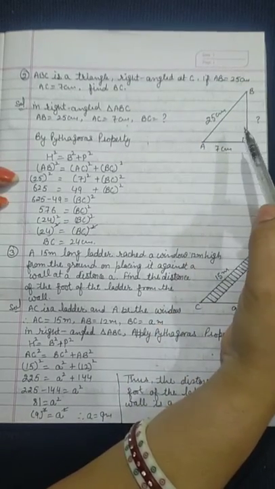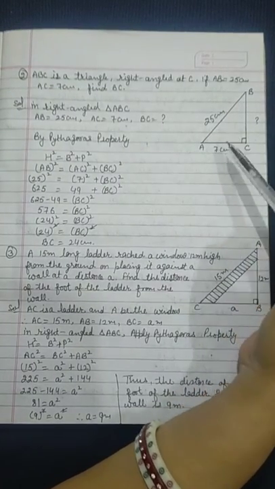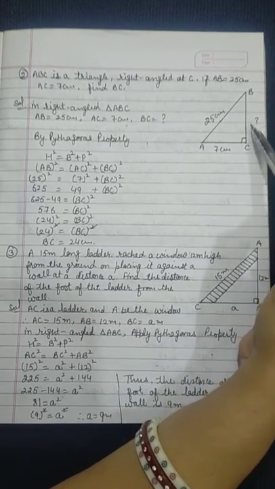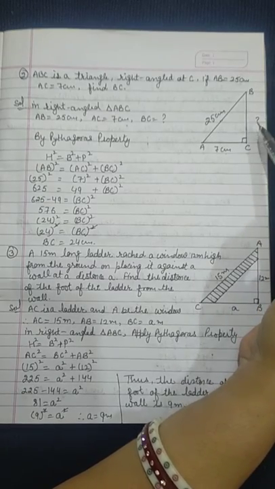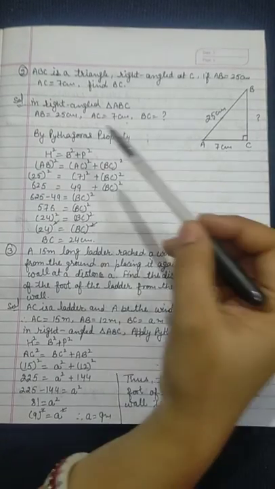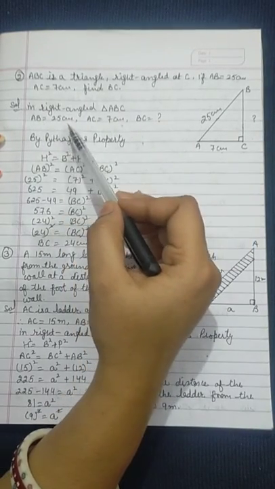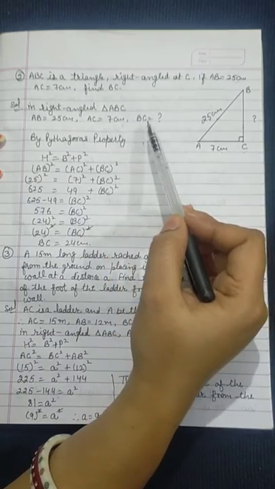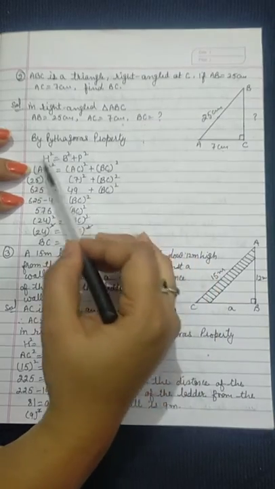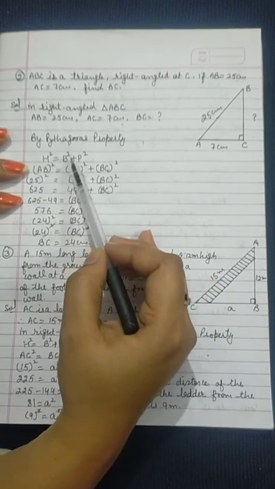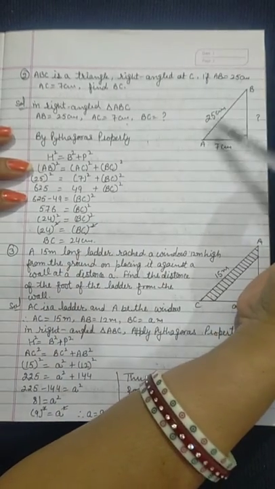So here, in this right angle triangle, we have the hypotenuse and the base, and we'll find the perpendicular. Again, it is a right angle triangle and two sides are given, and we have to find the third side. So apply the Pythagoras property again. In right angle triangle ABC, AB is 25 centimeters, AC is 7 centimeters, and we have to find BC. By applying the Pythagoras theorem, don't forget to write this formula: h square equals b square plus p square, where h is AB whole square, because it is the hypotenuse.